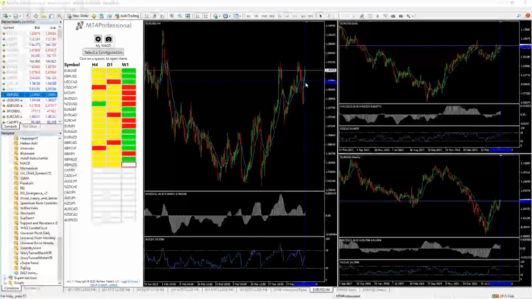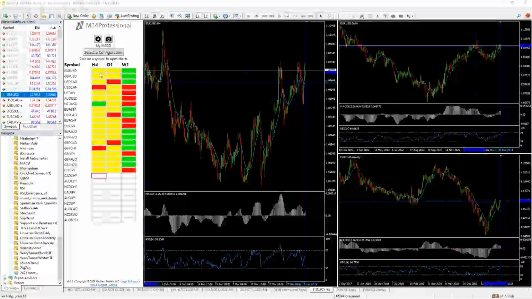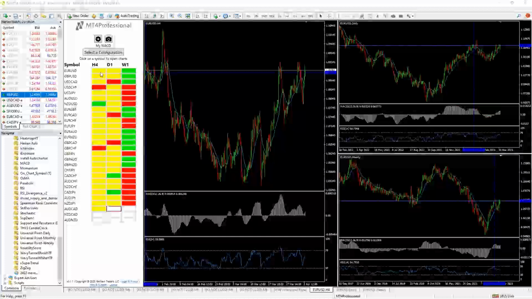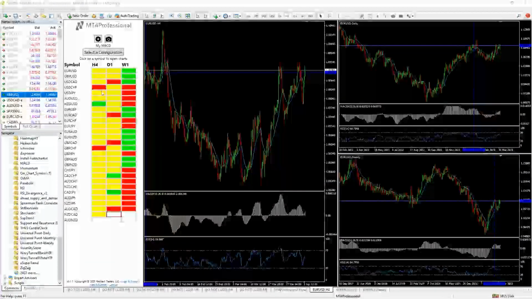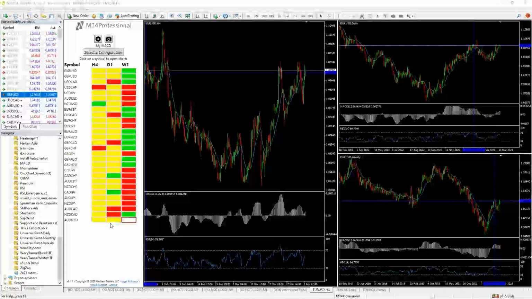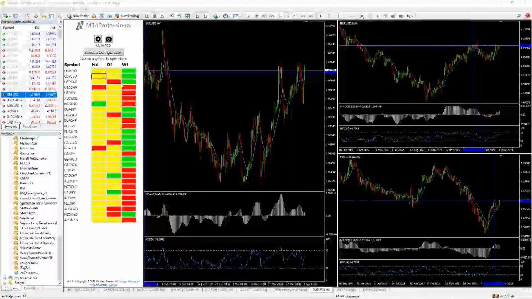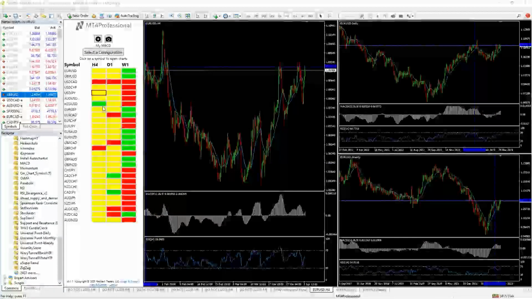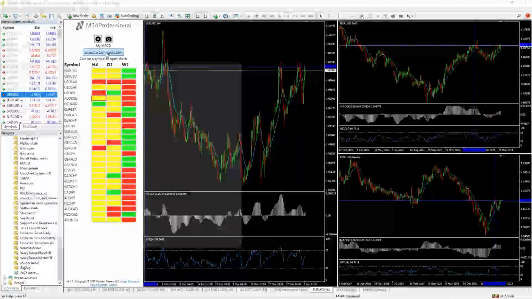So that is a neutral setup. So I should see a yellow signal on my scanner telling me that this is still in a setup phase. It's not quite ready for a trade at this time. So it's neutral, waiting for a setup. You see most of the indices are set up like that. Longer term, you can see bullishness or bearishness based upon the longer trend. Let me show you how I have the scanner configured in the background.